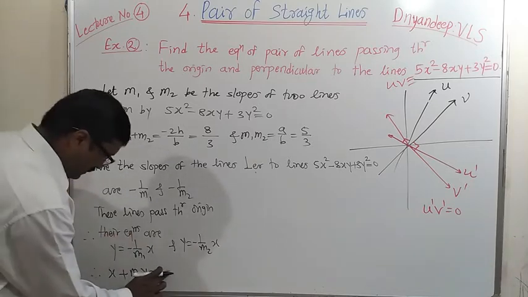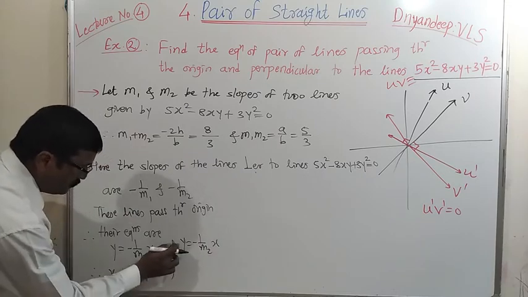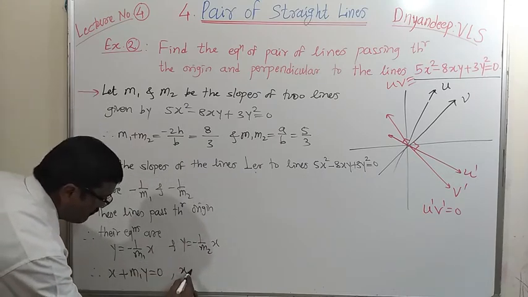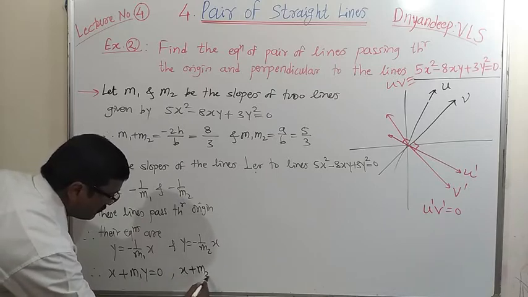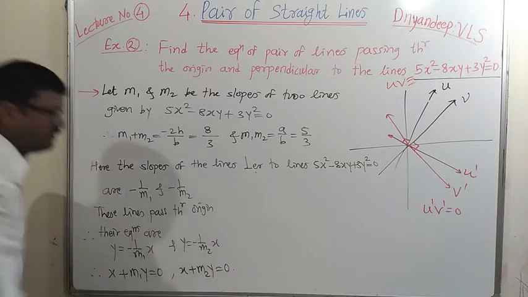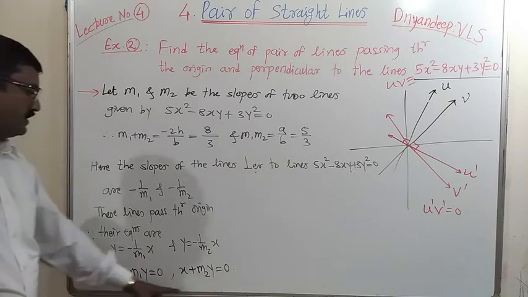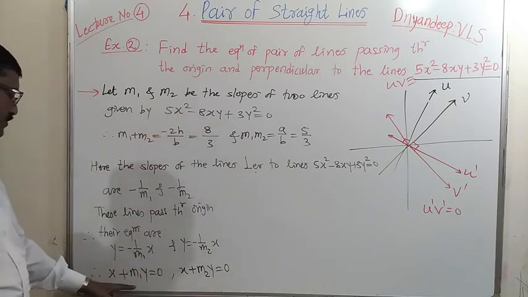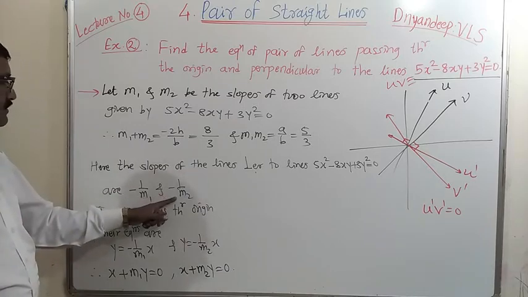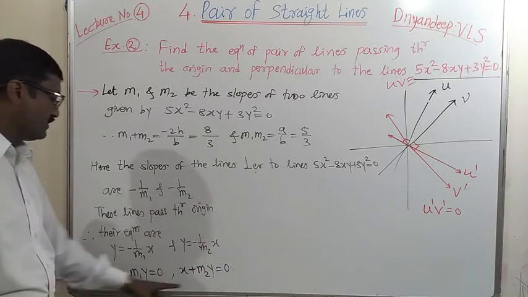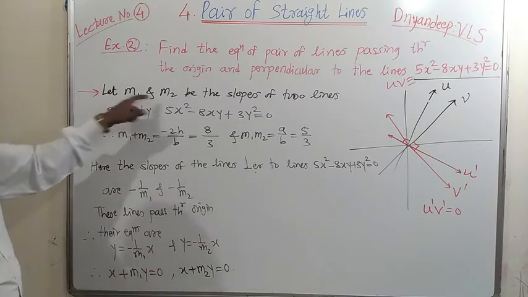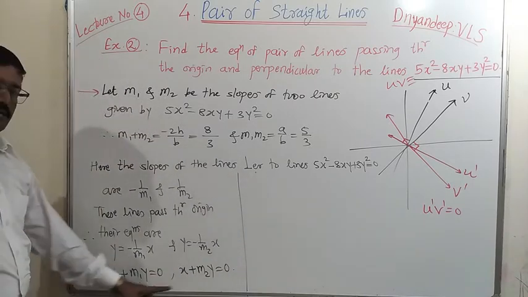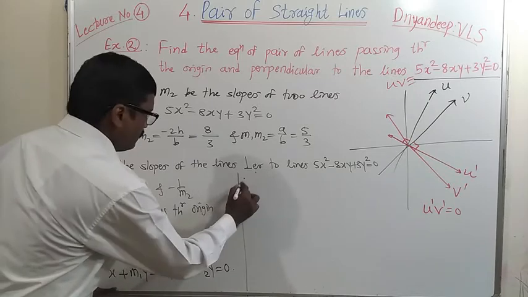Okay, and the second one, taking M2 to the left, again this is minus x, take to the left, it will become positive, x plus M2 y equal to 0. So these are the equations of two lines which are perpendicular to the two lines having slopes minus 1 upon M1 and minus 1 upon M2, but those slopes are written in the form of these M1 and M2. Okay, so their combined equation will be, therefore